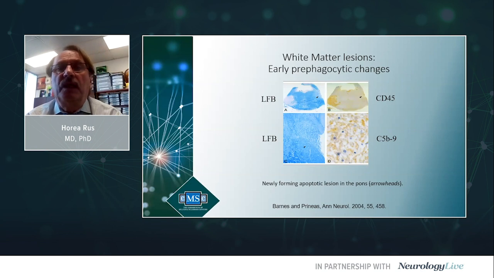In one of the slides in their paper, they show the presence, where the arrowhead is, of newly forming apoptotic lesions, which show presence of apoptotic oligodendrocytes, as you see on the bottom right slide, which are blue, and C5b-9 deposits, which are brownish, which can be seen better